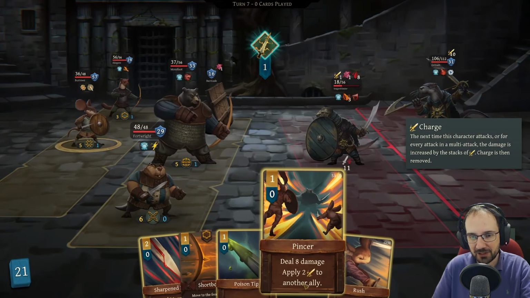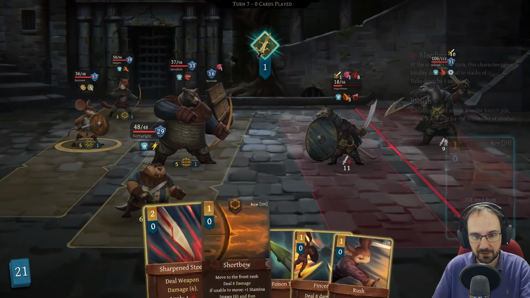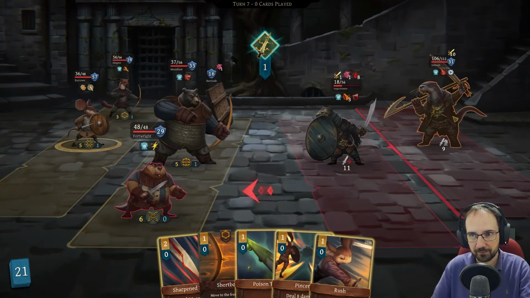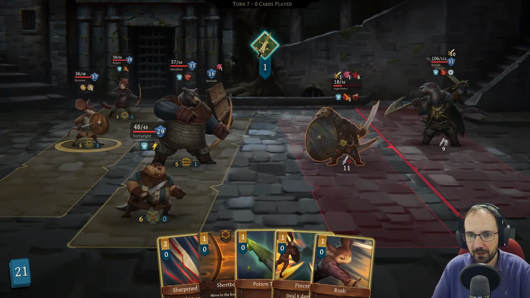Pincer deal 8 damage, apply 2 charge to another ally. That will help with rush a little bit. What are we going to do though? It's just 9 damage. He's got 29 block. We're not going to worry about him. I think we are just gonna